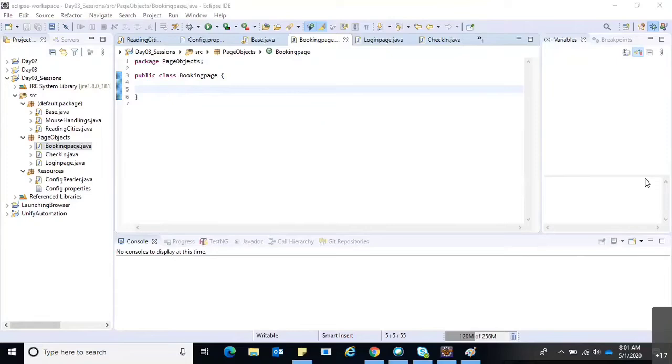So guys, any doubts regarding this page object model or config file reading? I assume it as no.